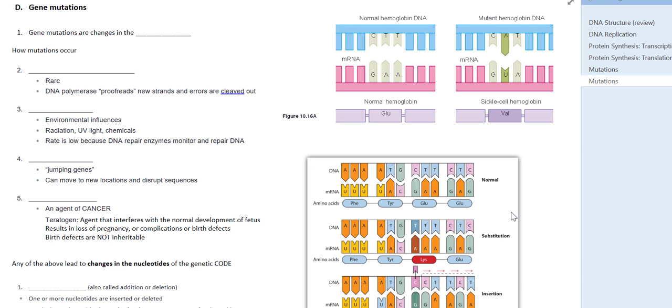All right, you guys. So our last set of notes here on chapter 10 just covers gene mutations. I'll just recap at the end of this when we talked about chromosomal mutations and just emphasize the importance of not confusing the two. Gene mutations are essentially changes in the nucleotide sequence, so changes in the genetic code